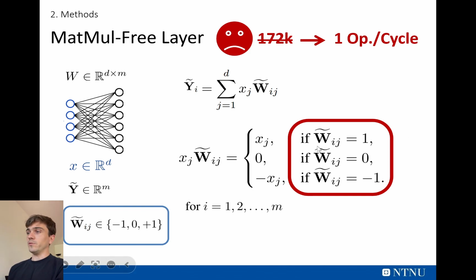You have to check whether the values are either 1, 0, or -1 in order to compute the output x, 0, or -x. So this means that when you go checking one by one, you are limiting yourself to 1 operation per cycle. So if you try to run matmul-free on GPU, you are limited to 1 operation per cycle,